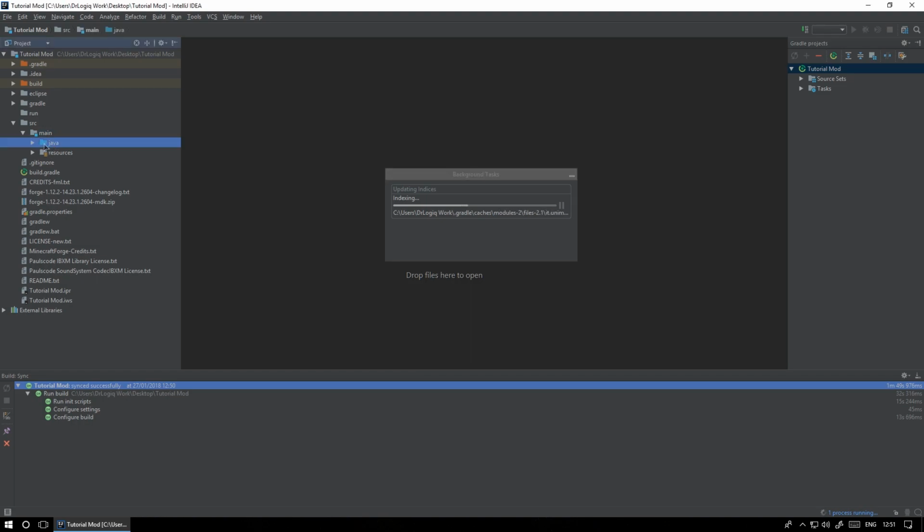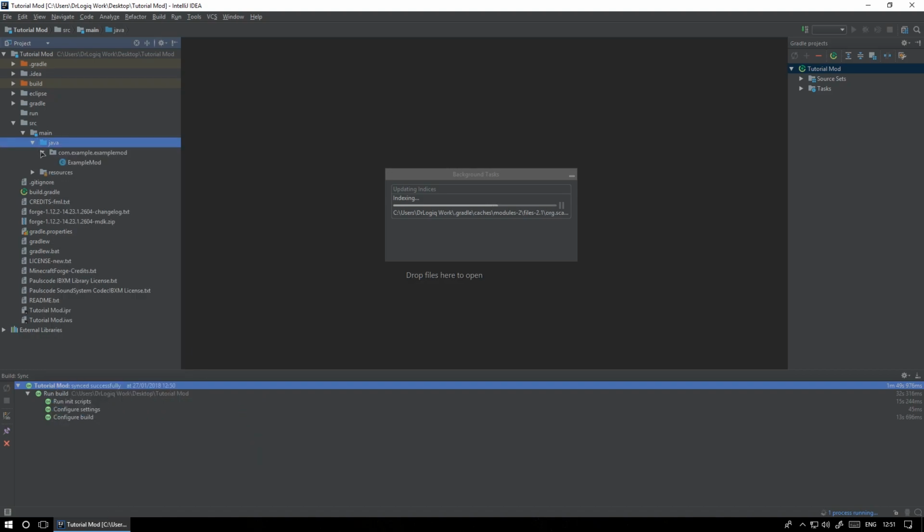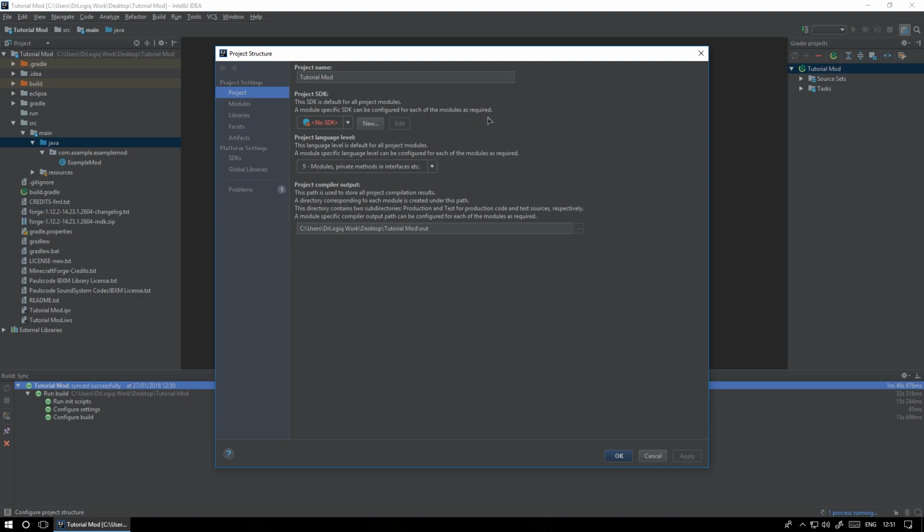which is important. If you right click on this, you can mark the directory as, and this is where you can mark things as your Java sources, which this one is, or resources or whatever. As you can see, we've got a resources folder. It's done this for us, but if you were to create a new project, you would have to do that yourself. If you come up to this right hand corner button and click that,